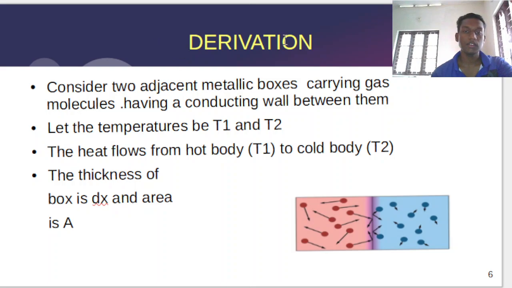And coming to the derivation of this conduction, here you can see two metallic boxes which have gas molecules in them, placed in contact with each other, having a conducting wall between them. The greater temperature is denoted by T1 and the lesser temperature is denoted by T2. As a result, heat flows from the hot body, which is T1, to the cold body T2. And let this wall have a thickness of dx and the area of the wall be A,